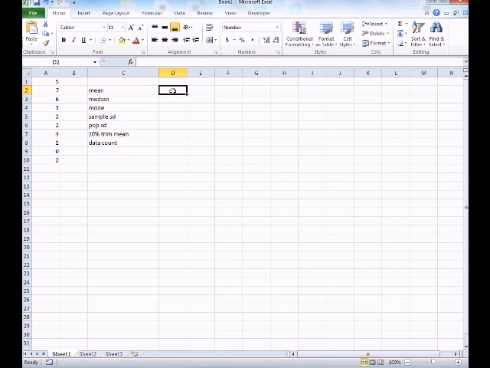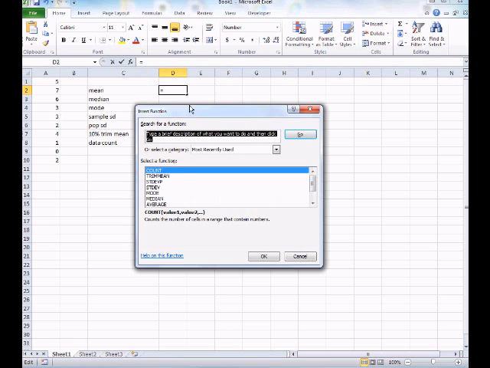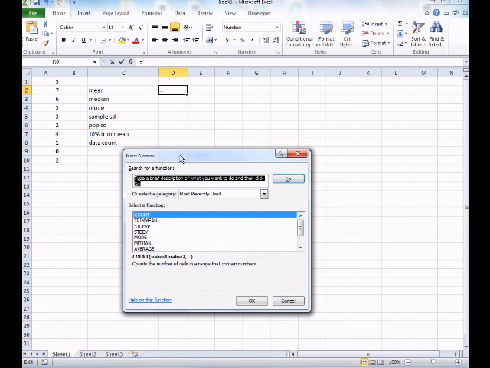So to type in and to find the mean, I click on the box next to the mean to the right. I go to my insert function box. I click on that. And I want to find the mean. Well, if you look on page 30, the mean is just another way of saying average. So in Excel, you have to write average. Now, you can write it exactly as it says on page 30, or this box will find it for you. So in this box up here, it says type a description. If I just start typing, and I'm going to write in average,